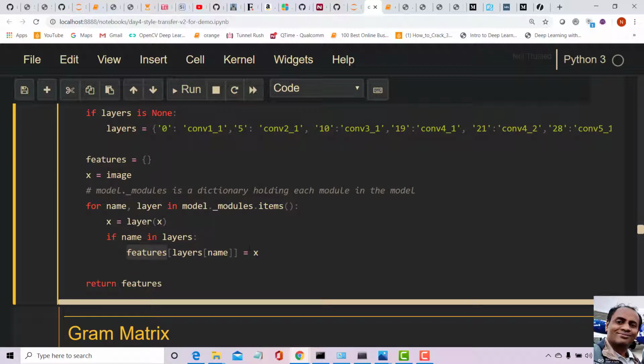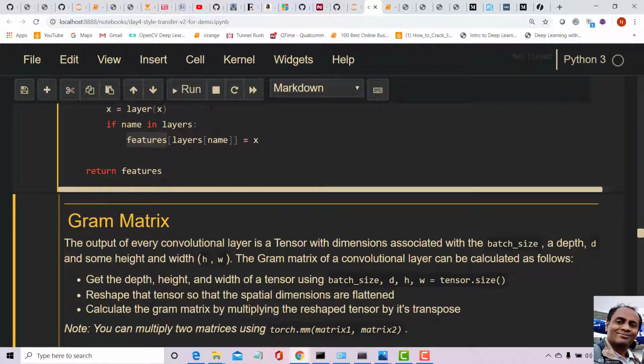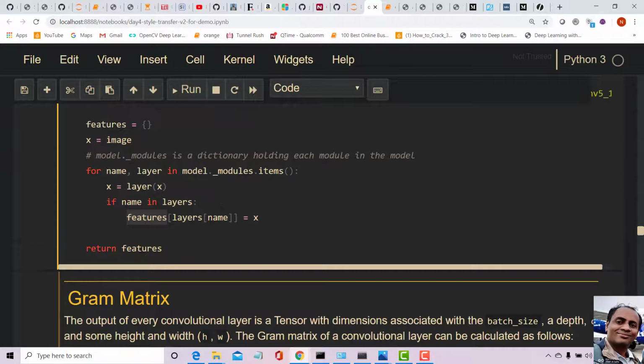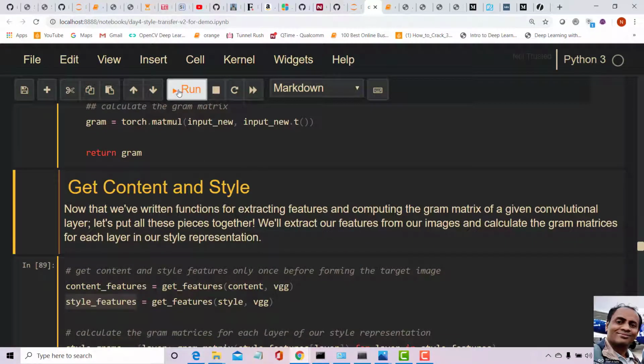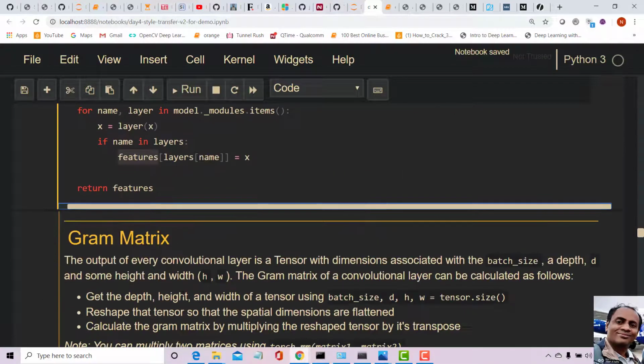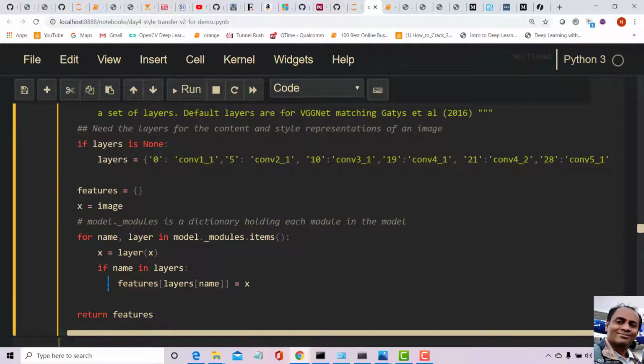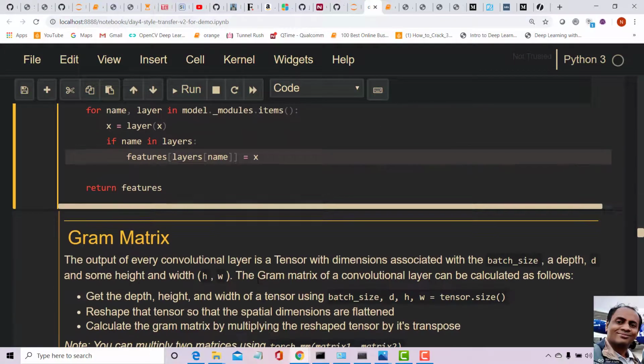Okay, so I'll run this. I will not confuse you with the gram matrix now, we'll go through that later. Let's see the output of this. I want to show you the features. We are going to get features, that is the output of the 6 layers here.